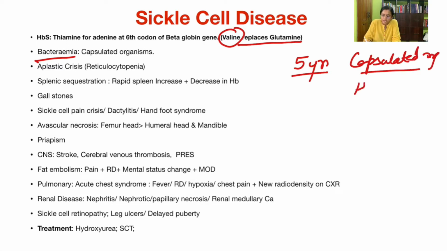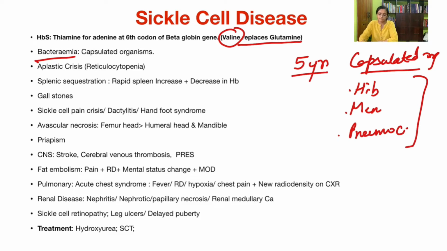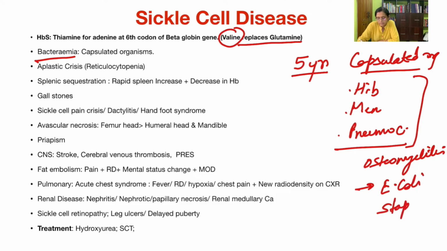So the encapsulated organisms, the common infections, are Haemophilus, meningococcus, and pneumococcus. So these patients are prone to develop infection by these organisms. Apart from that, you should also remember the osteomyelitis in these patients is by E. coli or Staph aureus. Both can cause osteomyelitis in these patients. So bacteremia presenting with fever and any focal infection can be an important presenting symptom